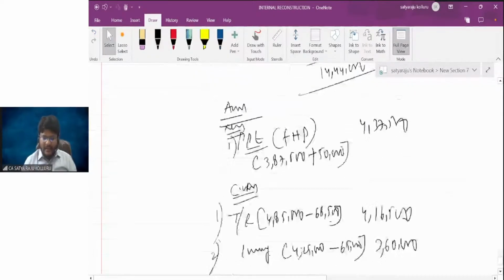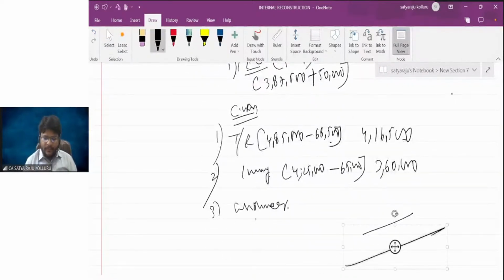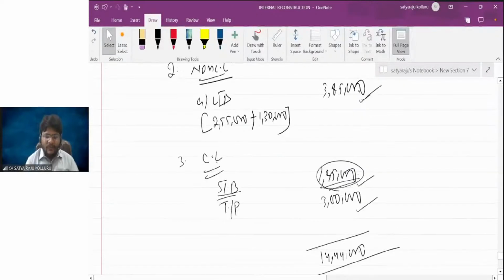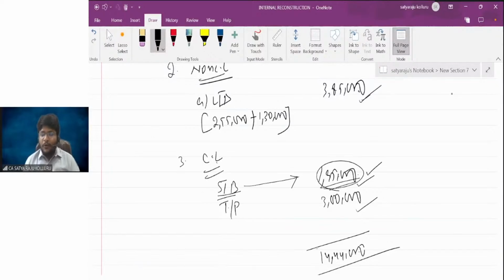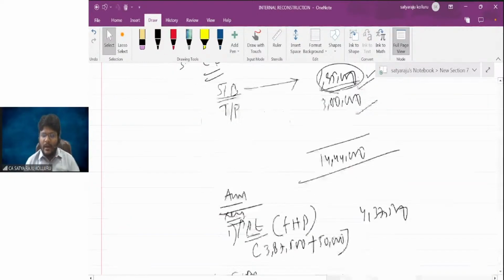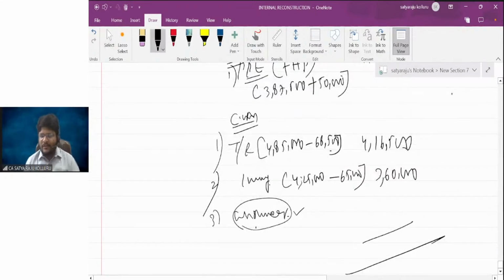But while working out cash and cash equivalents, we should consider this bank OD balance as well. For example, if you end up with a negative balance, that negative figure you should put under short-term borrowing. If after considering this bank OD you end up with a positive balance, then you should knock off the bank OD and put the balance under cash and cash equivalents. That is the point I wanted to convey that day, but due to lack of time, I didn't mention it.